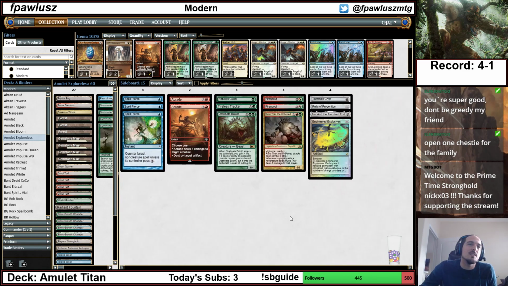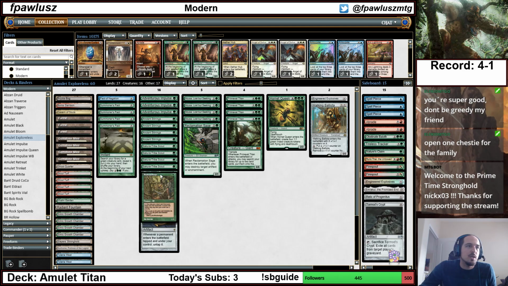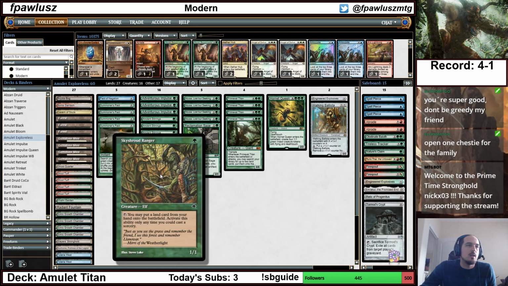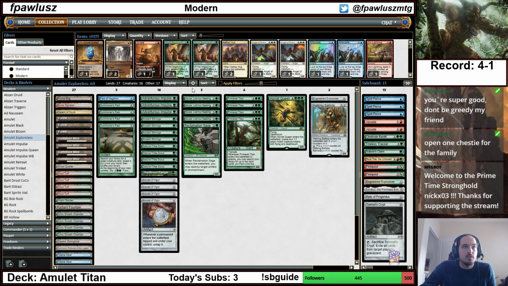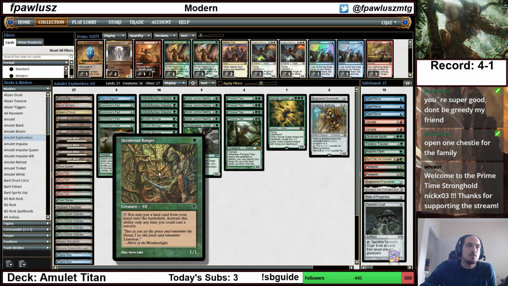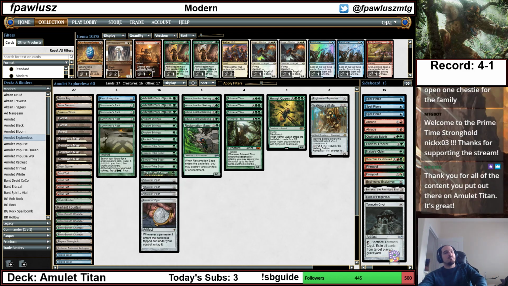It's basically the exact same list that I just showed you, with the difference that we are playing no Explorers, and we're playing one Adventurous Impulse, which would be the third one, the one that we took out for this, right? And we're playing one Sky Shroud Ranger. And this was also fine. I'm not really convinced. I honestly really like...